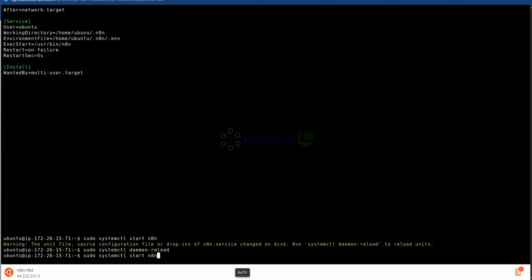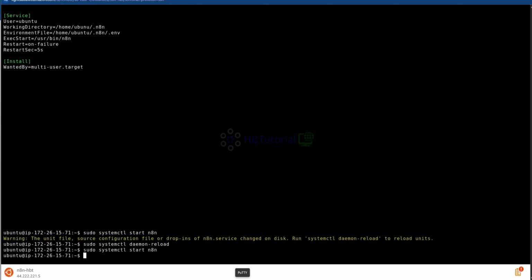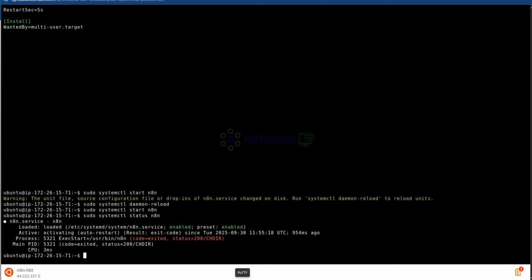Okay, and then try the n8n. Okay, so hope it's gonna work right now. Voila, activating n8n, so it means activating auto start enable service.